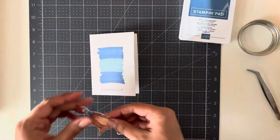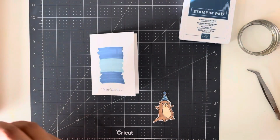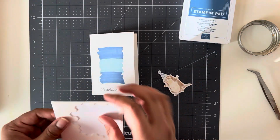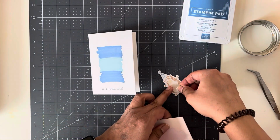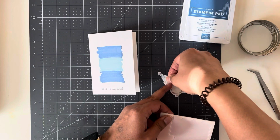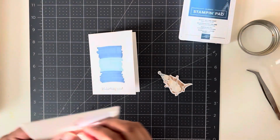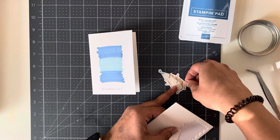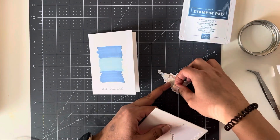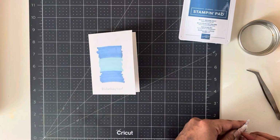And then we're just gonna put our otter on dimensional. So I'm just gonna get my big ones out. And we're gonna turn them over. Okay? And you know what? I might get the little ones and just put one there. No, I don't need another one. That's good. Okay, so then just peel off the backings